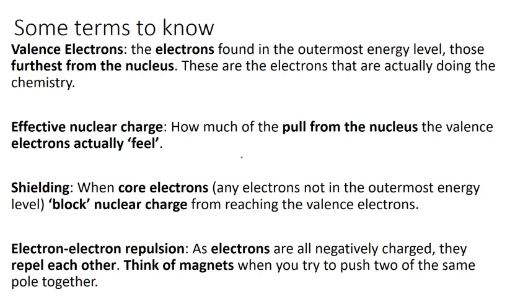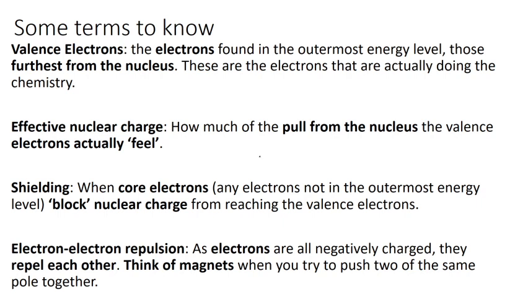The next one, shielding. This is when the core electrons, right, and these are any electrons that are not valence electrons, block nuclear charge from reaching the valence electrons, right? So it's kind of like they're shielding some of that nuclear charge from those valence electrons. And the last one,